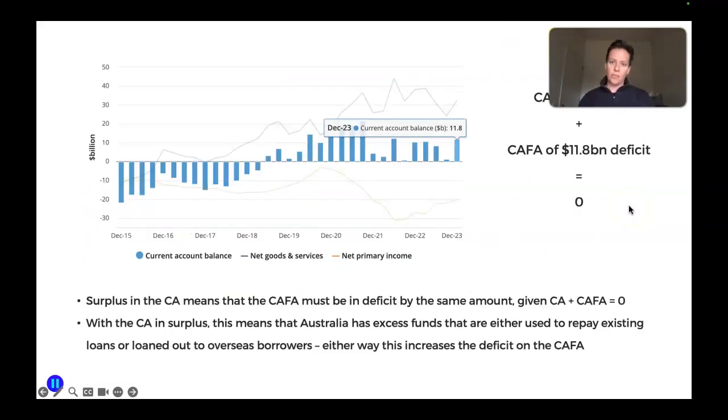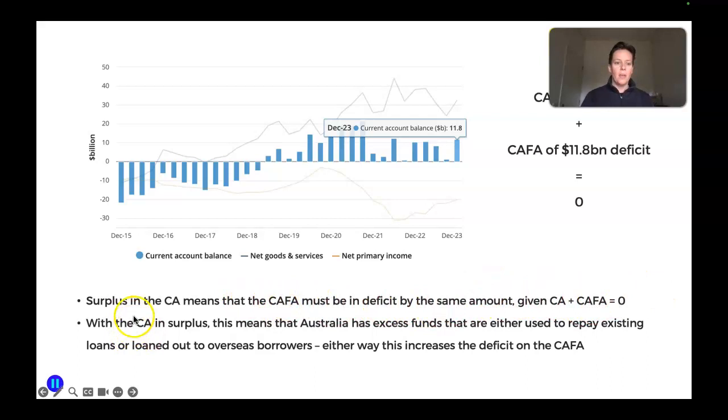So we've got a current account surplus equal to $11.8 billion. If we apply that to the last 12 months or so, you can see that there's been a little bit of a spike. And basically over here, I've said, okay, well, if the current account surplus is equal to 11.8 billion in surplus, well, then the capital and financial account must be equal to negative 11.8 billion in deficit for that 12-month period, such that the whole thing is equal to 0. So a surplus in the current account means that the CAFA must be in a deficit by the same amount,